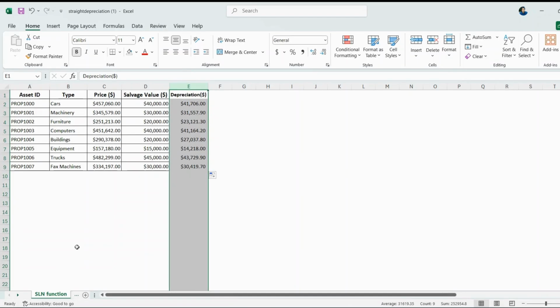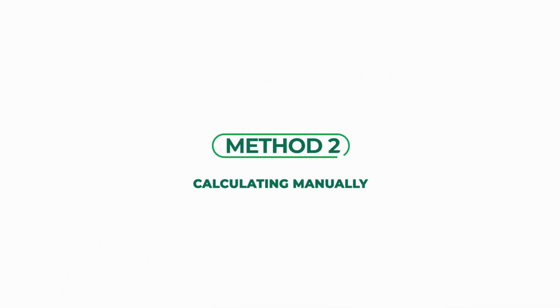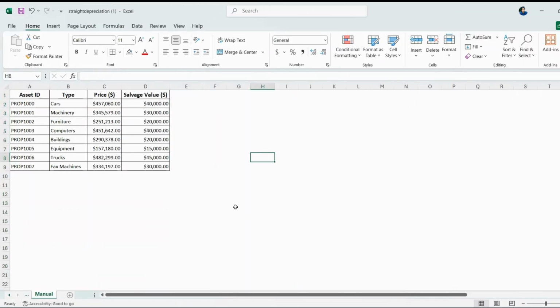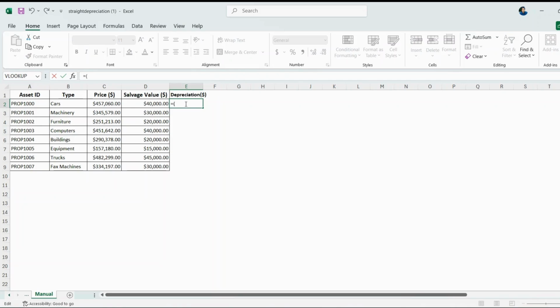Now let's move to the second method. The second method is manually typing the formula. Like the previous one, let's say we want the depreciation value in column E. First, let's name this column as depreciation. Now, in cell E2, let's type the formula: =(C2-D2)/10